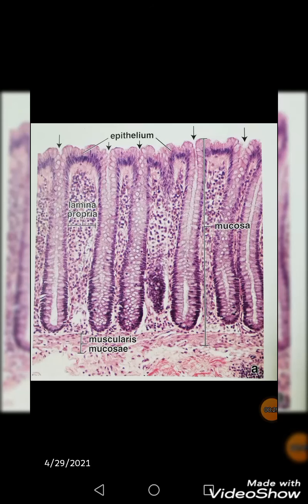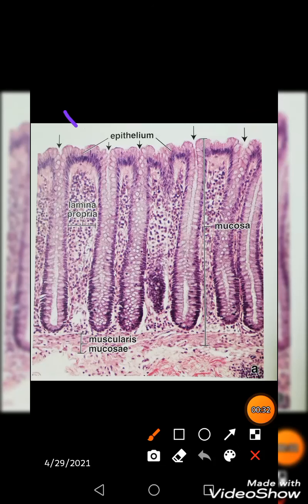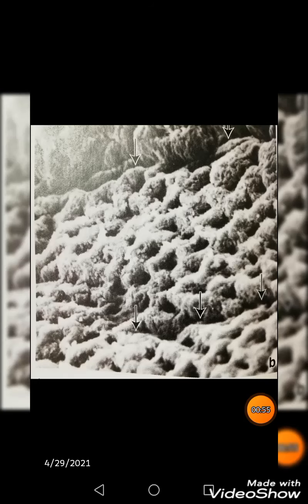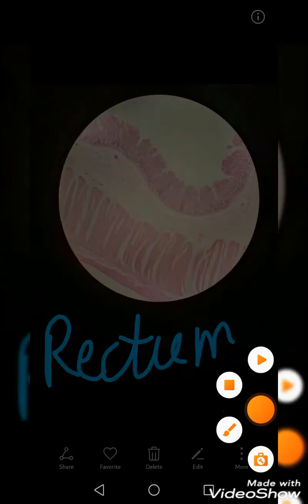This is a beautiful picture of your large intestine, showing the simple tubular glands reaching the full thickness up to the muscularis mucosae and well lined with columnar and goblet cells. And in the rectum, the ratio of columnar to goblet cells is 1:1, meaning one columnar cell, then one goblet cell, one columnar and one goblet cell. This is the electron microscopic picture of the surface view of the mucosa of the large intestine. The holes are showing the mouths of the glands inside.